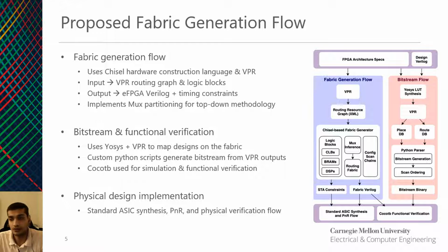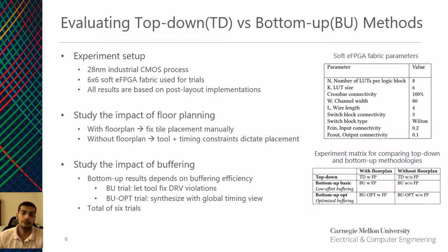We also use our custom scripts to generate the bit streams from the VPR output files. This bit stream can then be used for formal verification and functional verification using Verilog simulations. We use this flow to implement FPGA fabrics using top-down design methodology and compare with bottom-up implementation. In order to compare the top-down and bottom-up methodology, we implement both these eFPGA fabrics on a 28nm industrial CMOS